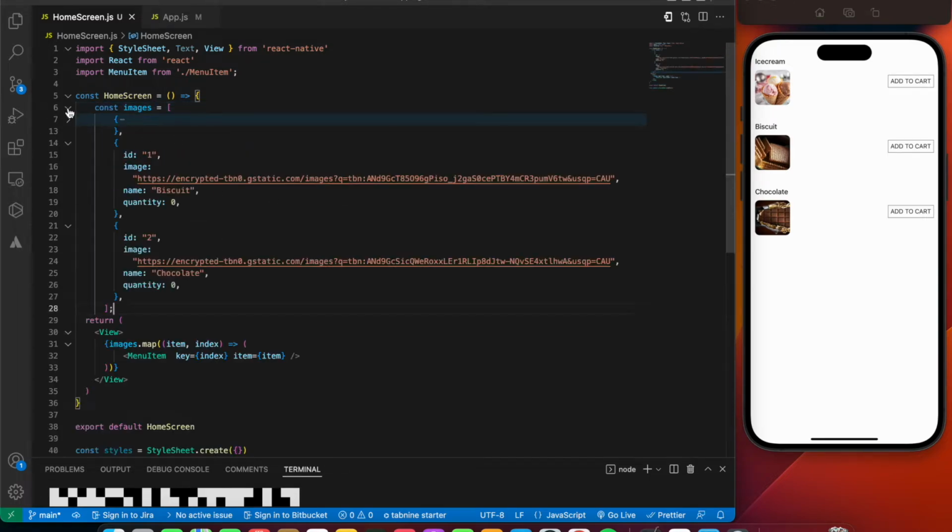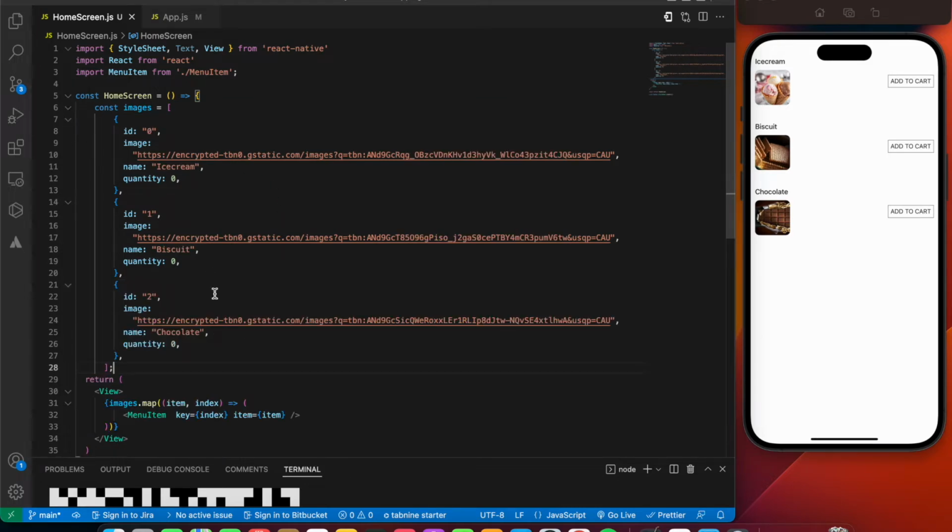It has pretty much three objects, that is three items. Each object has a unique ID, the image link, the name of the item, and the quantity of that particular item. Initially it is set to 0, and I'll be sending the image links in the description if you want to use them.